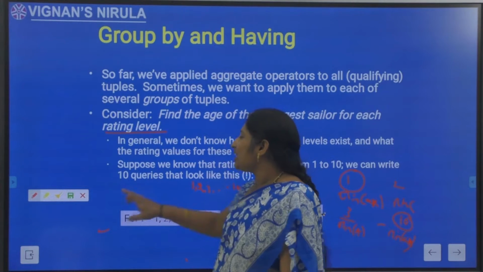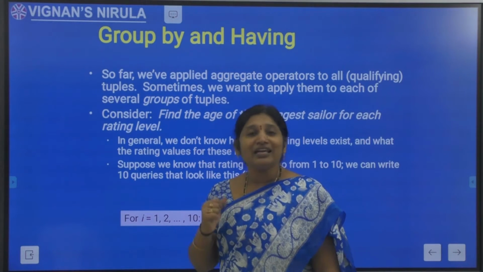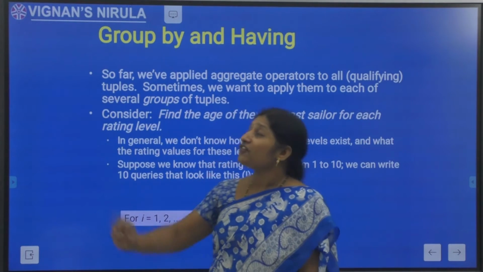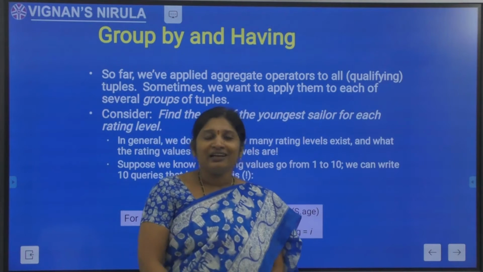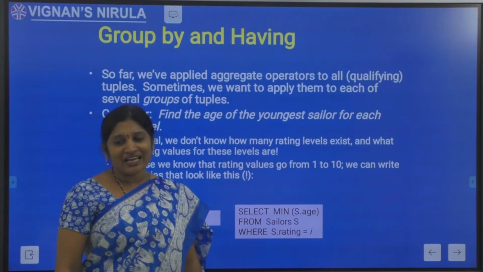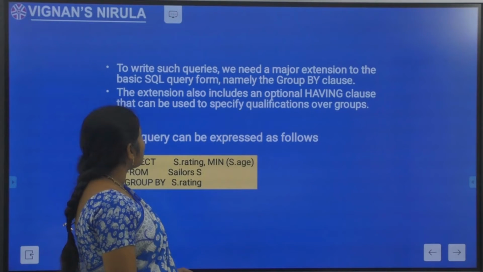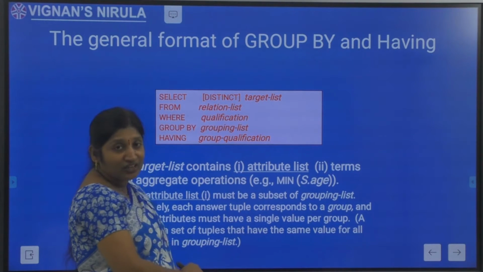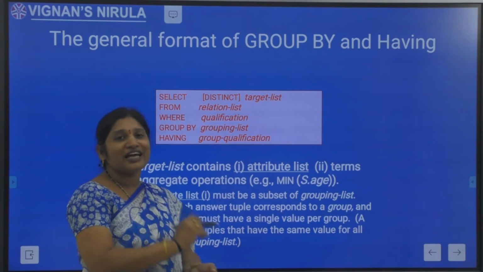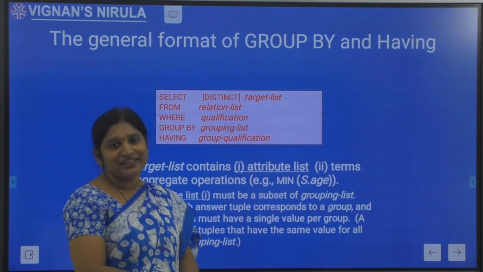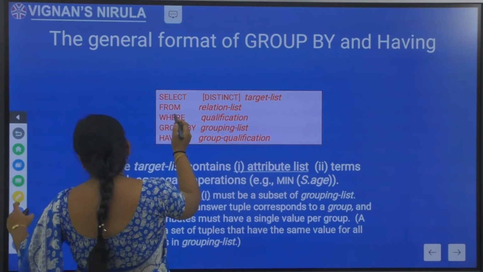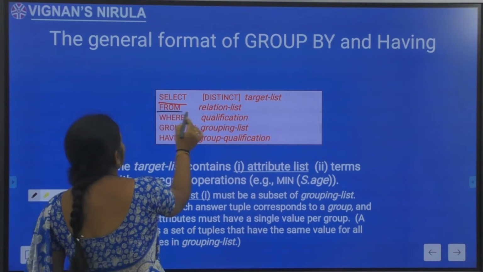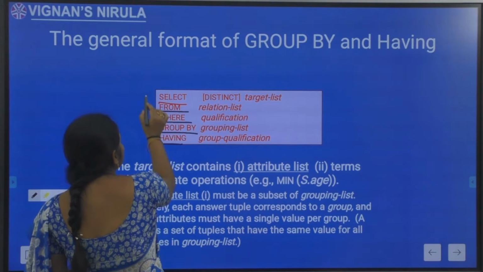So in order to do that grouping, or to apply the aggregate operators on a selected group of tuples, I definitely must use the GROUP BY and HAVING clause. Let us see the syntax of the GROUP BY and HAVING clause. This is the general format. With GROUP BY and HAVING included, the SELECT statement is complete, consisting of 5 clauses: SELECT clause, FROM clause,